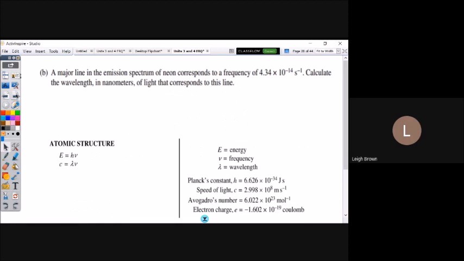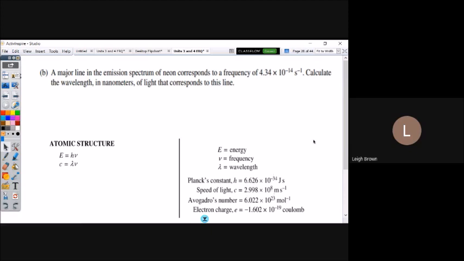Okay, atomic structure was also in this section. I just want to point out, here's the excerpt of the formula sheet. It's the very top of the front page of the formula sheet. These could be very simple calculations. Here we have wavelength, but this is in nanometers. Excuse me, I'm sorry, it gives you frequency. It says calculate the wavelength in nanometers. So we have these 2 formulas that deal with light. Hopefully you realize that, and these are defined if you've forgotten what each symbol stands for. So lambda is our wavelength. We need to solve for that. It did ask for a specific unit.